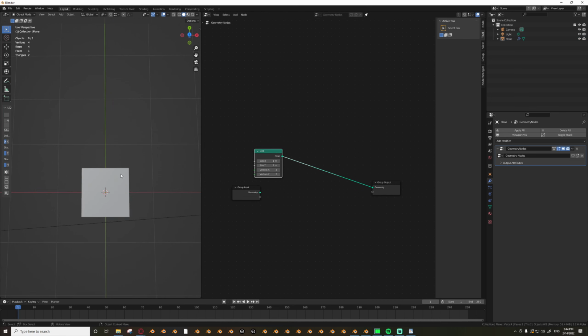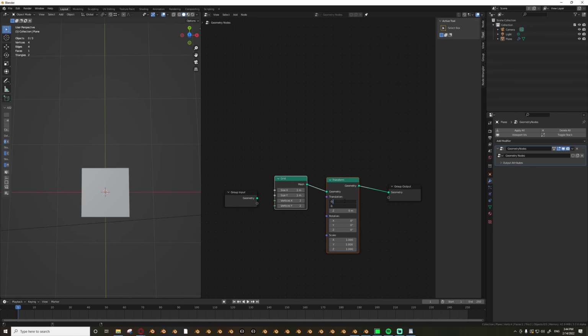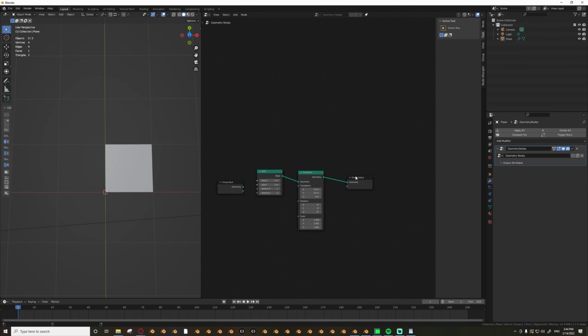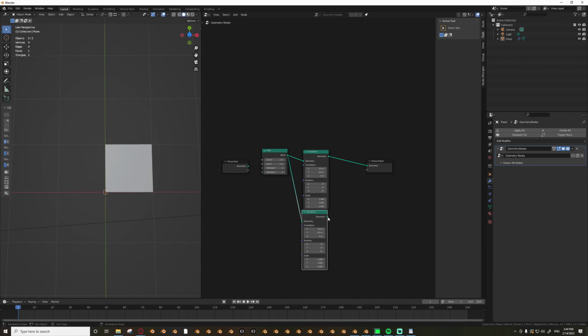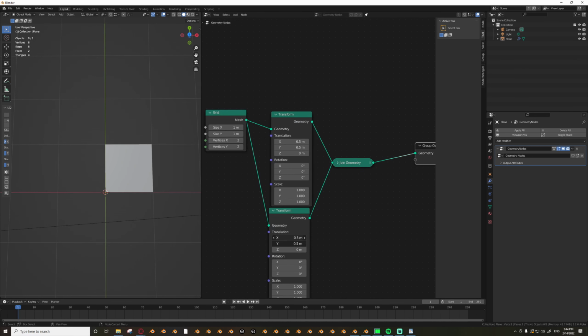So we're going to scale this plane to a huge size, so we want to scale it from the origin. So let's grab a transform node and set it to 0.5 on the x and the y axis. Okay, so let's take another transform node and let's join them together so we see what we're doing. And this one we want to set to minus 0.5. Okay,